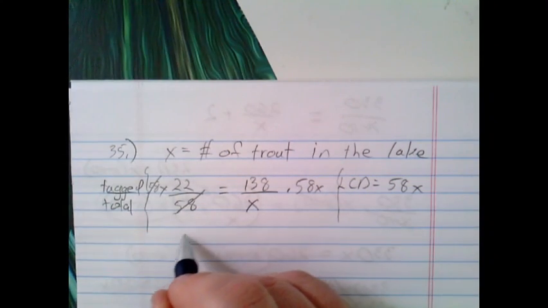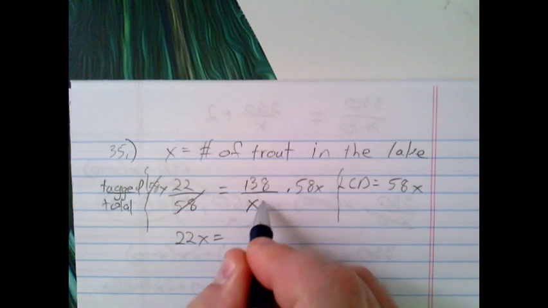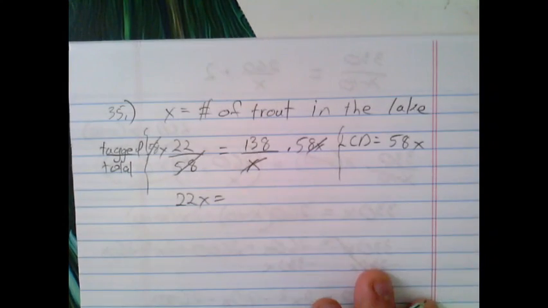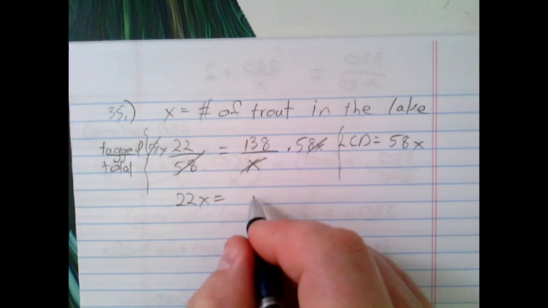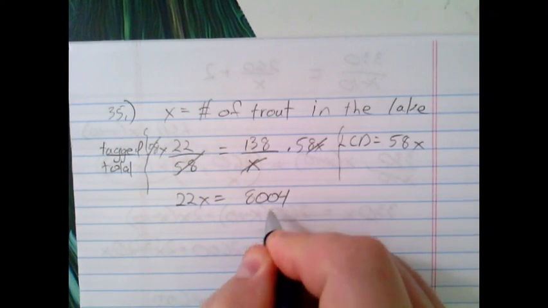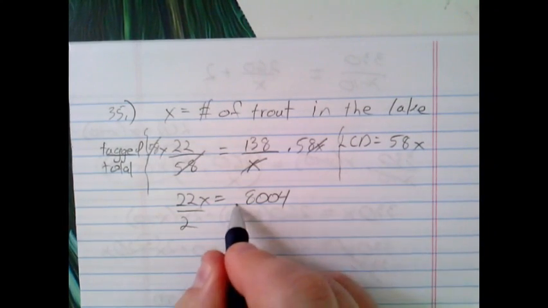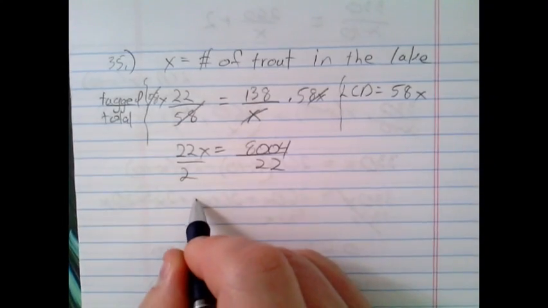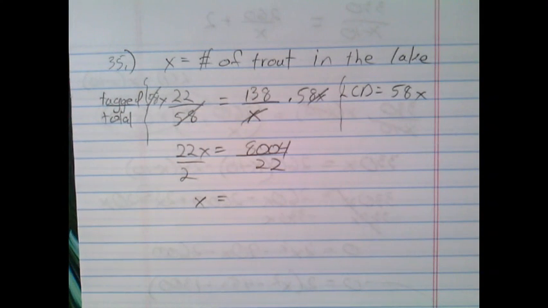So the 58's cancel, I get 22x equals, well, let me get my calculator out here. 138 times 58 is 8,004. And then I have to divide by 22, and I get x equals,